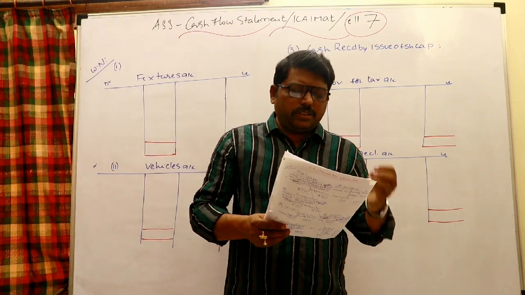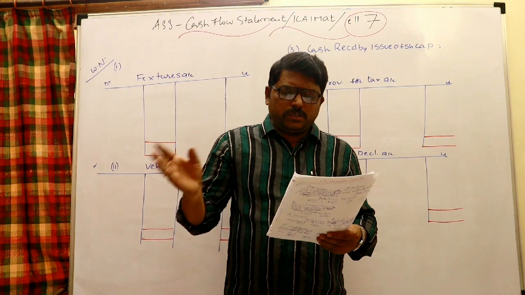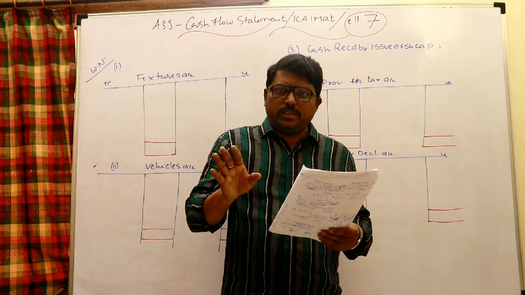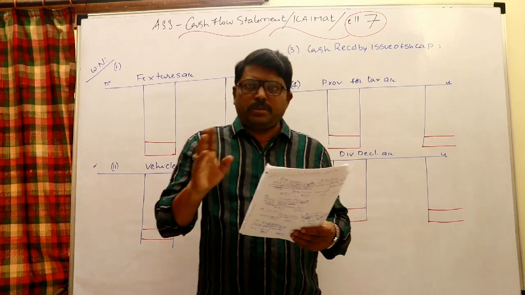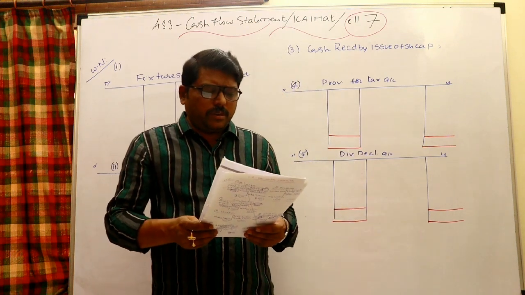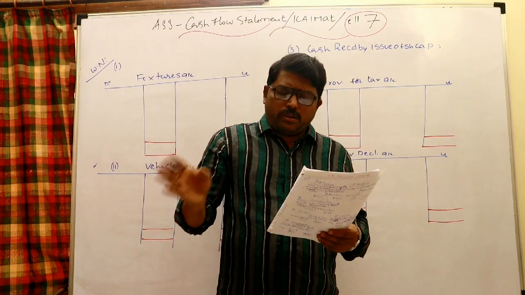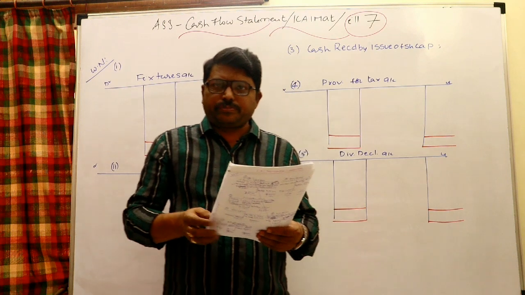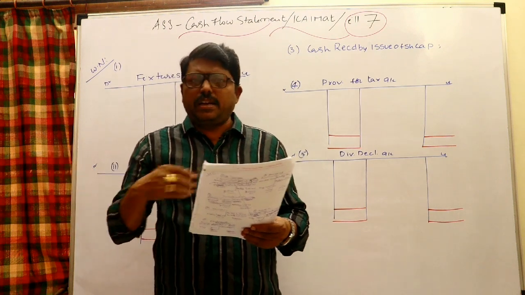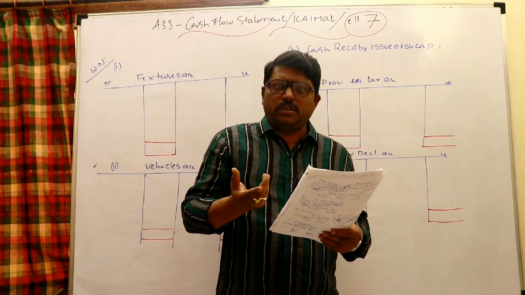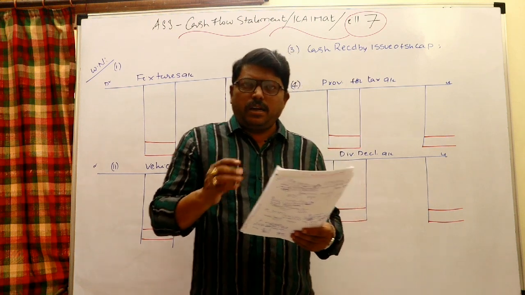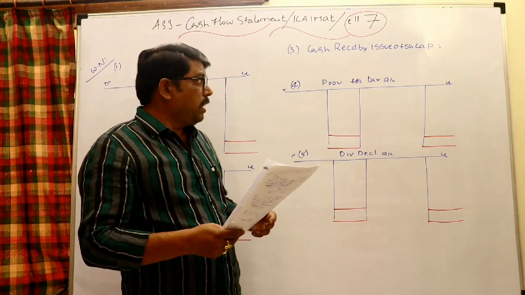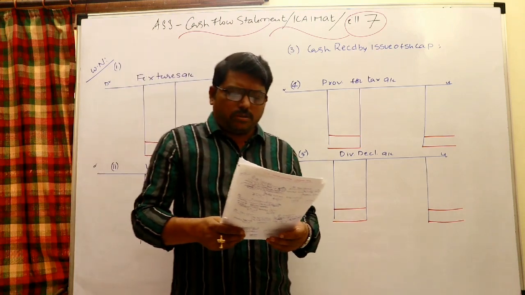Coming back to the asset side, fixed assets are given. Premises are 10,000 last year and 10,000 current year, the same. If no adjustment is there, we can say there is no purchase and no sale. Coming to the fixtures, 11,000 last year and 17,000 current year, an increase of 6,000. If nothing is mentioned, I can say there is a purchase of 6,000. If some adjustments are there, such as a sale or other information provided, I have to go for the fixtures account.